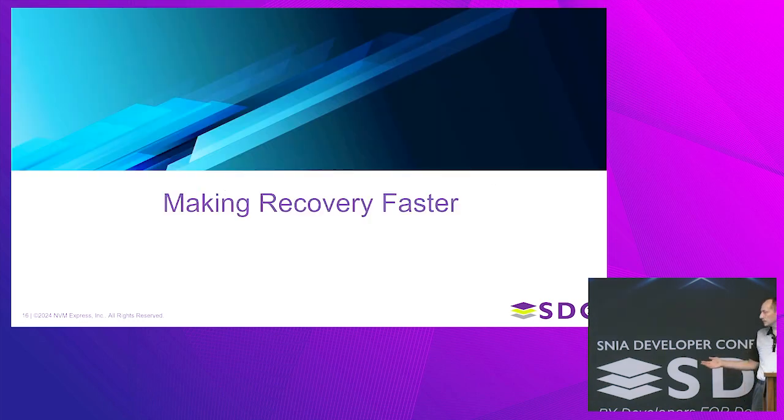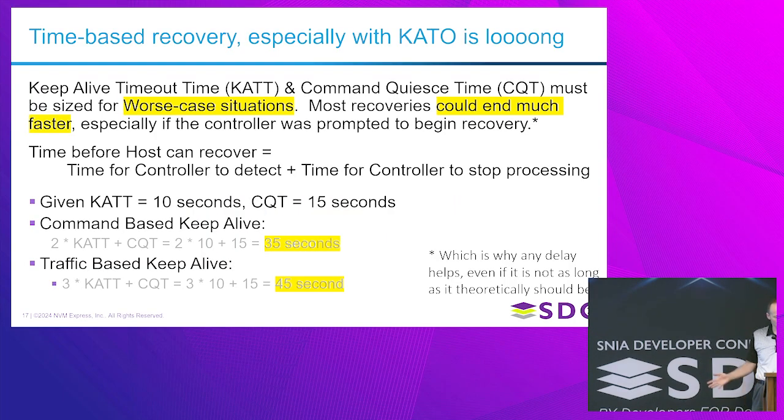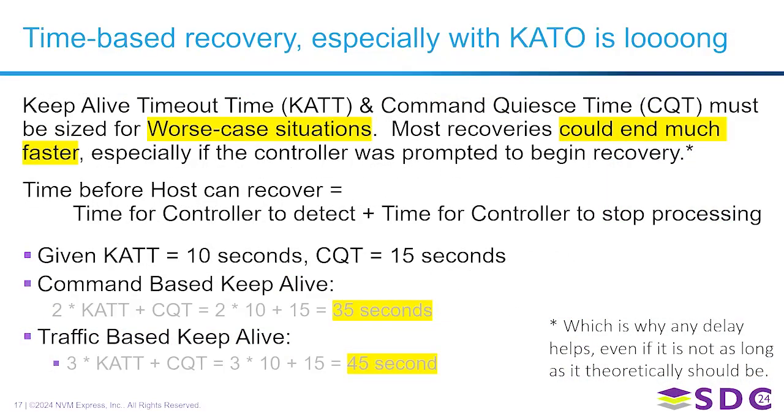Okay, so that's time-based recovery. Those are the keep alive algorithms that are out there. What kind of time are we talking about here when we're waiting 2 times cat or 3 times cat? The keep alive timeout time and the command quiesce time have to be sized for worst case scenarios. And so you could recover much faster, but if you've got the timer going, then you're stuck. You have to wait that amount of time just in case this is the time that the command sticks around